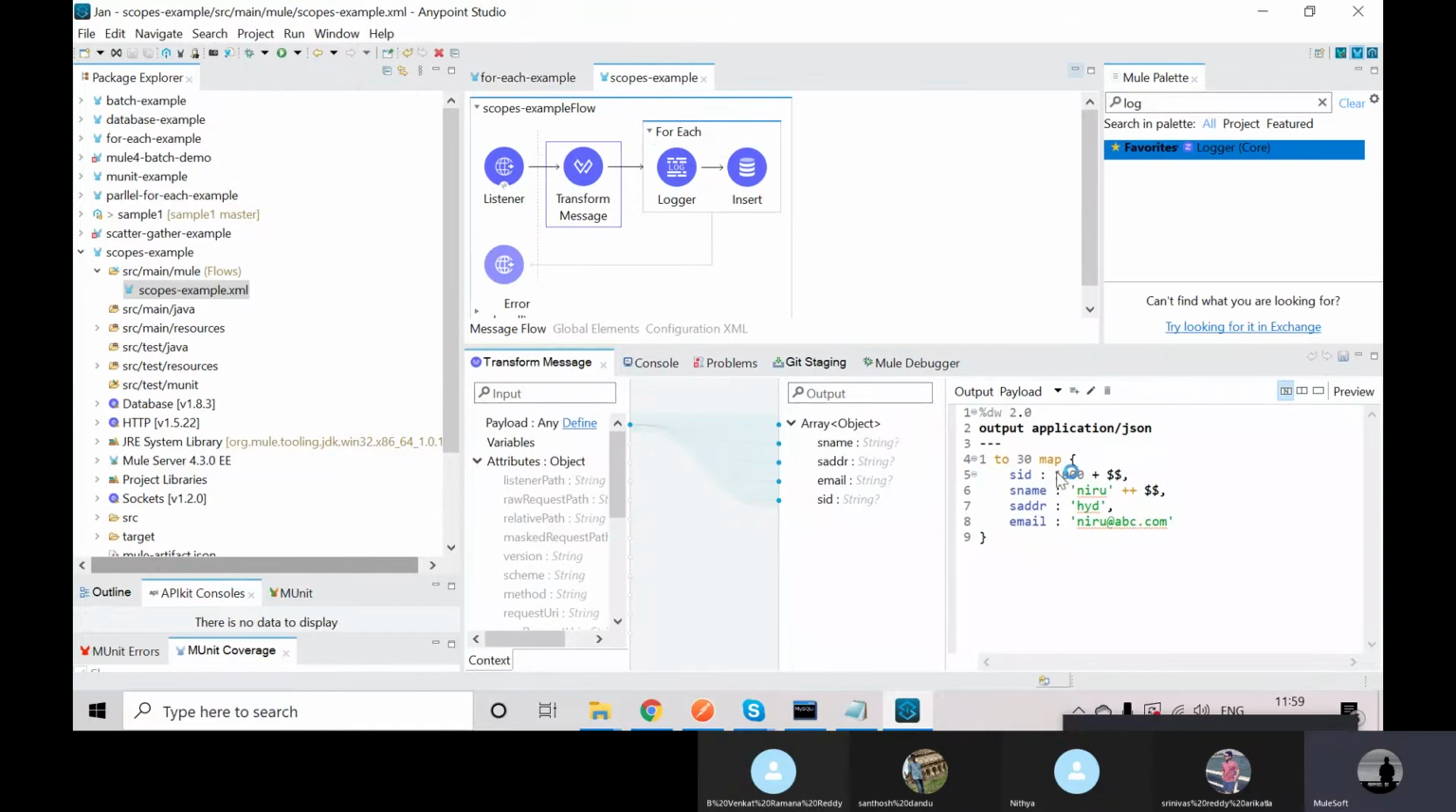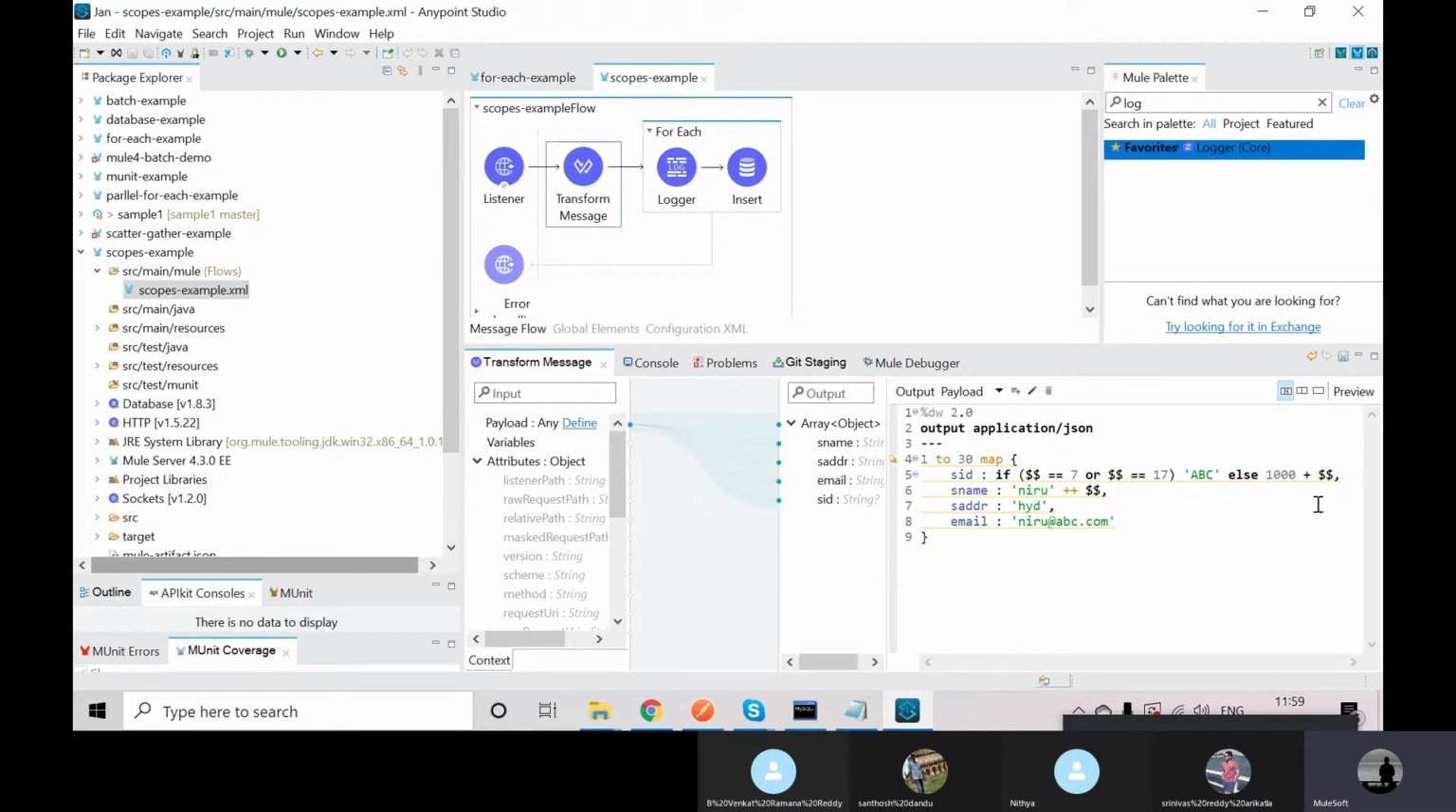Okay, so I'll write this condition anyway. So what is this condition actually? So here you can see, every time it is iterating, right? So 0, 1, 2, 3. So if my record is the 7th record, nothing but the 7th index, or the 17th index,